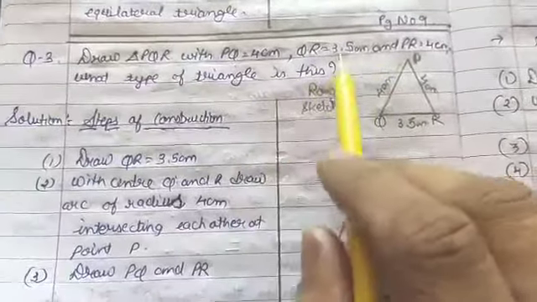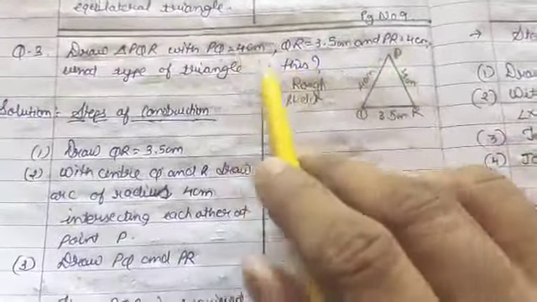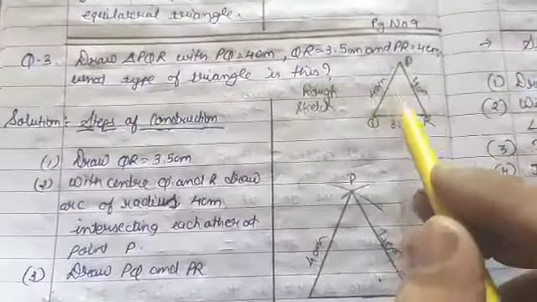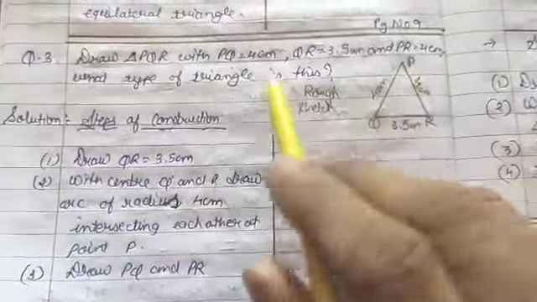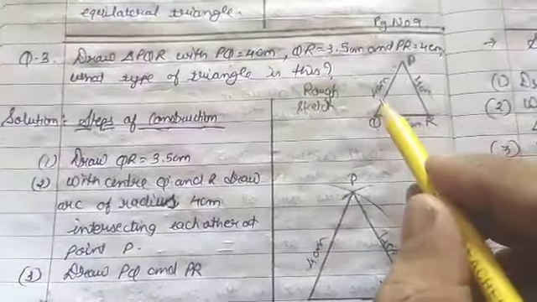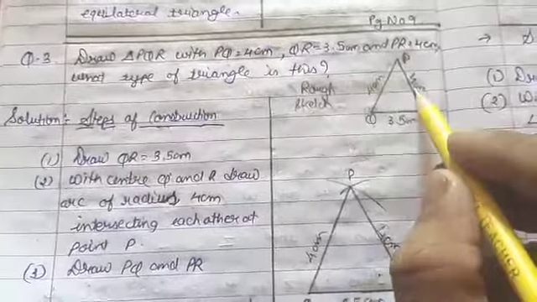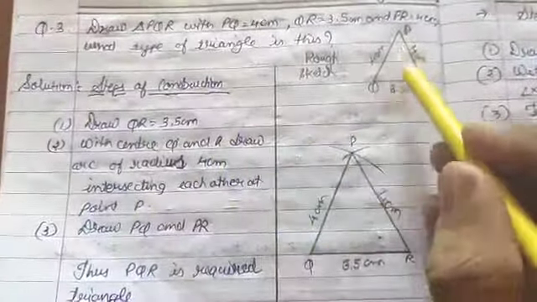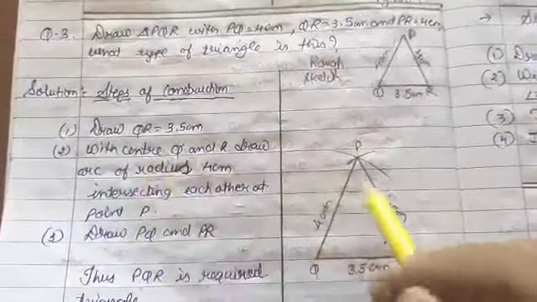Now from the lengths we can easily say that two sides are equal. See here, I have drawn a rough sketch, named it PQR, and written down the particular lengths according to the given condition. So we can easily say that it is an isosceles triangle in which two sides are equal. Now let us start. By observing this rough sketch, we will try to construct the main figure.